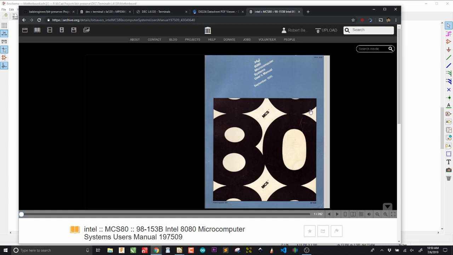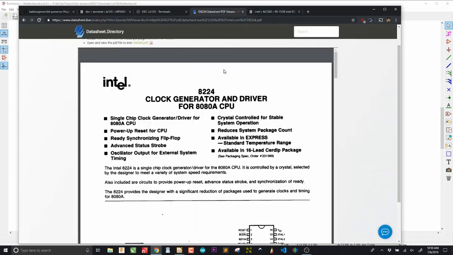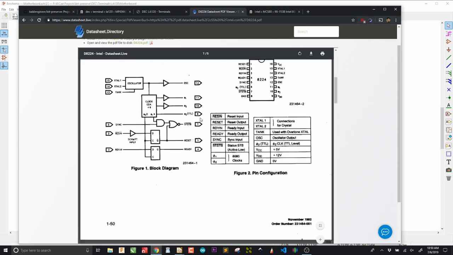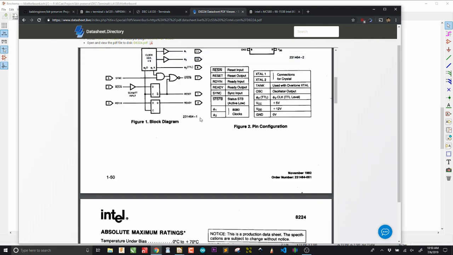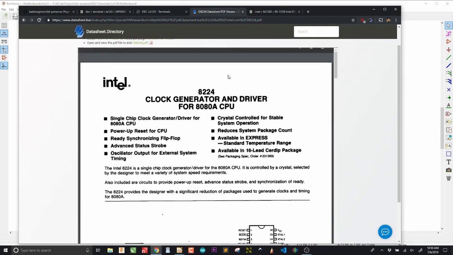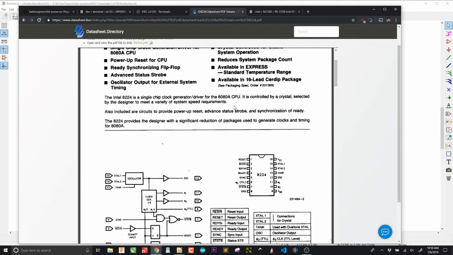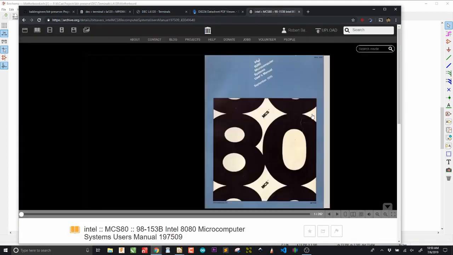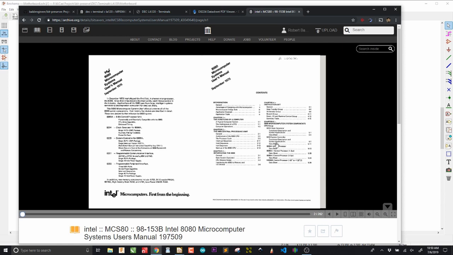Now, if you can't find the datasheet on the archive, then what I suggest you do is go to one of these datasheet aggregator sites, download the datasheet, and then upload it to the archive. They might put their watermark on it, but it's not their datasheet, so it doesn't really matter if they do that. So anyway, I'm just going to open this up, and right there in the front I can see the